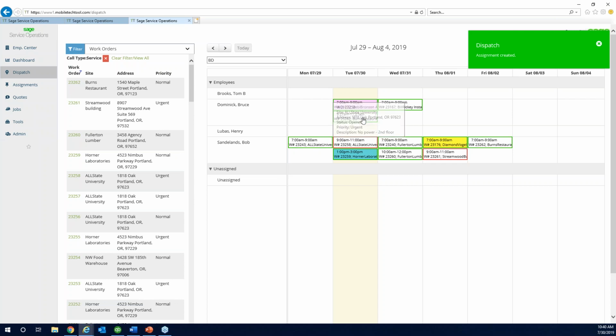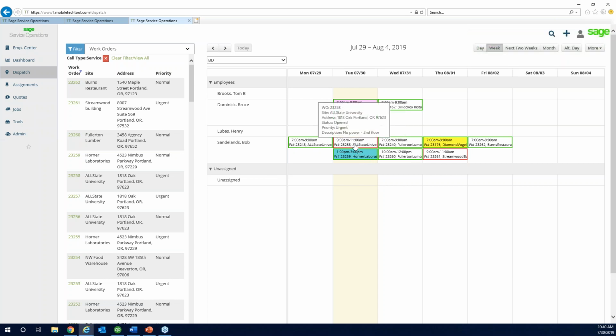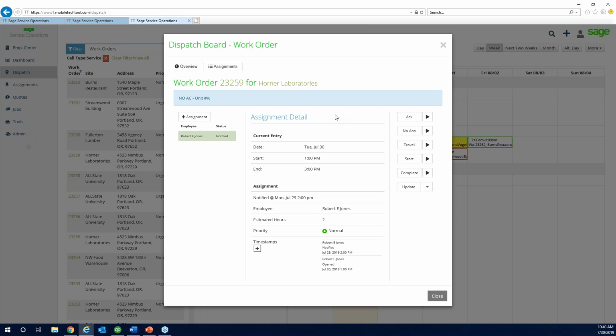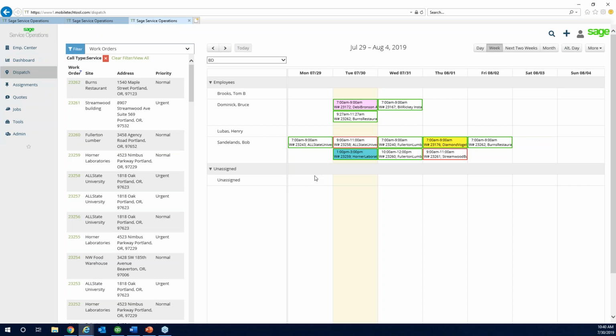Now notice the different colors represented on the work orders on my screen. That's because there's an option, and you don't have to use this, to timestamp every single activity on a work order. So we can track when the call was taken or when it was requested through a web portal. Then as that call is dispatched to a service resource, we'll track that, as well as acknowledgments, perhaps no answer, traveling, starting, completing, and updating. I'm going to go through a couple of these when we start the work order. But this is a convenient way to track activity, either for the day or for the week. So with that in mind, and I'm just touching on the highlights, let's